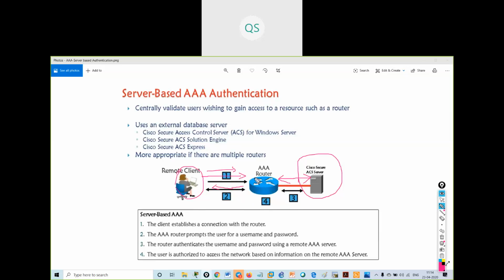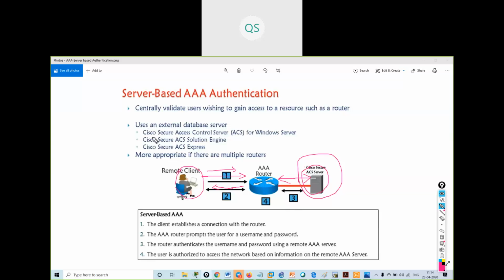So we will have a centralized server for all types of authentication, and we don't have to go on each device. The authentication will not be stored in the local database; it will be done via the external server.